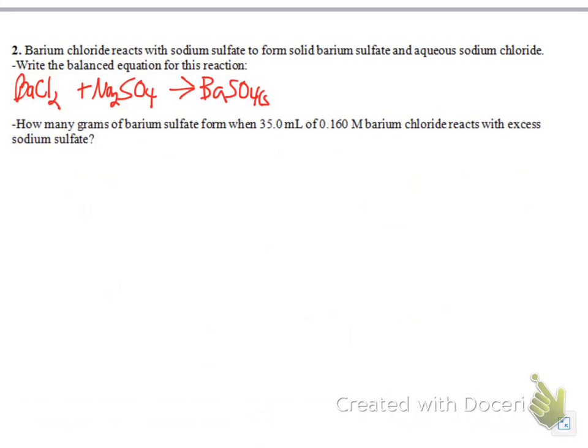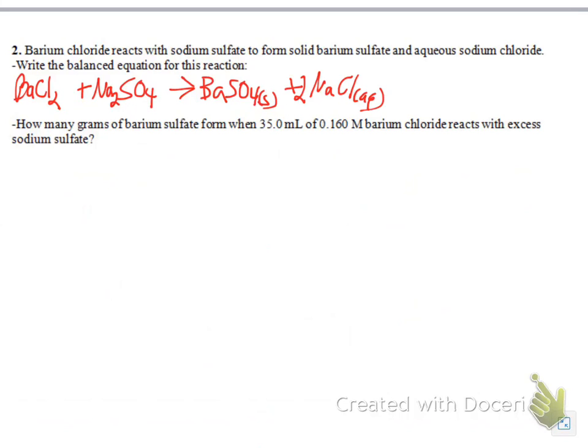And it's going to produce barium sulfate. Barium is a +2, sulfate's a -2. And I'm going to add to that sodium chloride, and when I do that, I'm going to end up with 2 sodium chloride in order to get the equation balanced. So the question is, how many grams of barium sulfate form when 35 milliliters of 0.16 molar barium chloride react